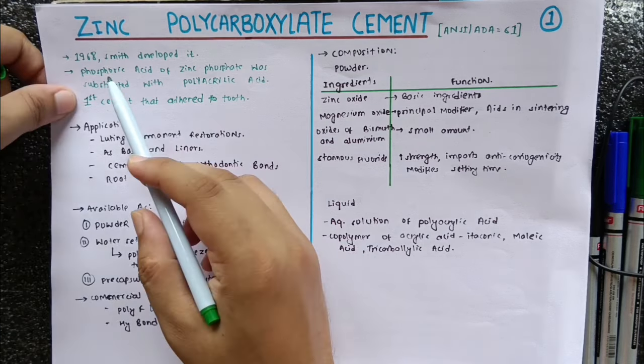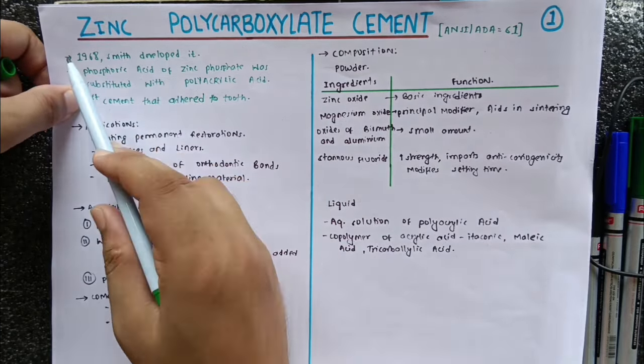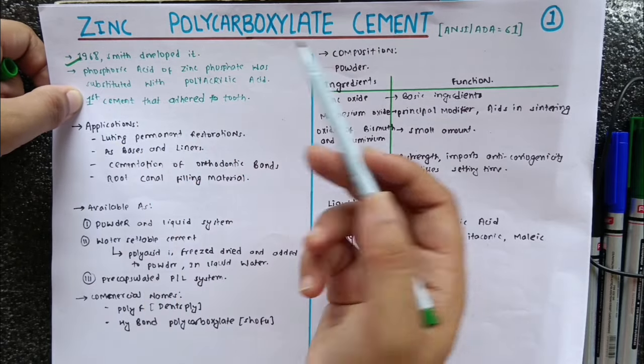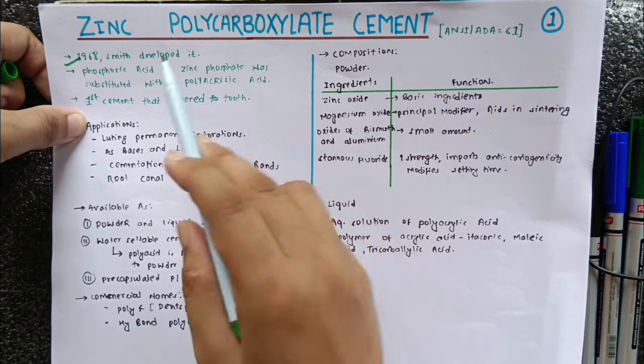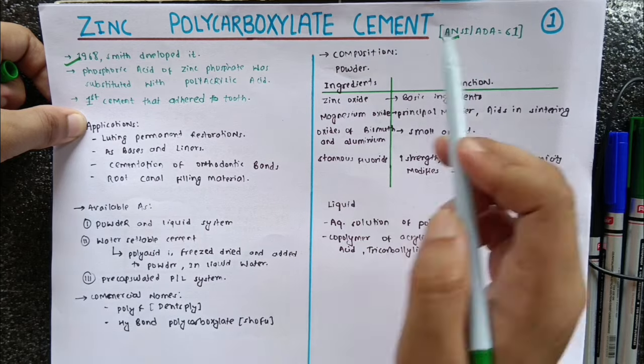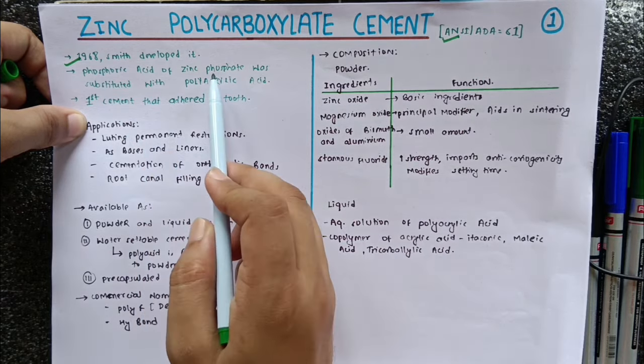As I have written here, in 1968 Smith developed it. So in 1968 zinc polycarboxylate cement was developed. The ADA number of zinc polycarboxylate cement is 61, and the phosphoric acid of the zinc phosphate was substituted